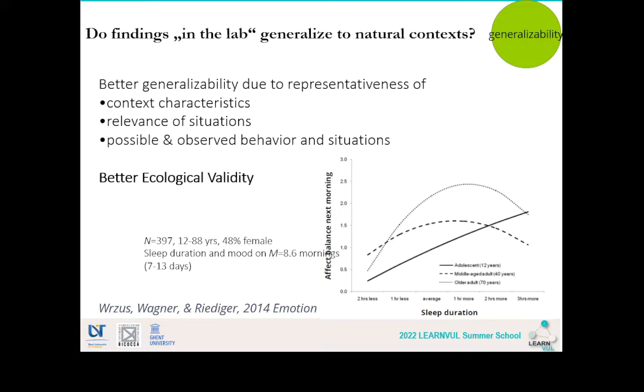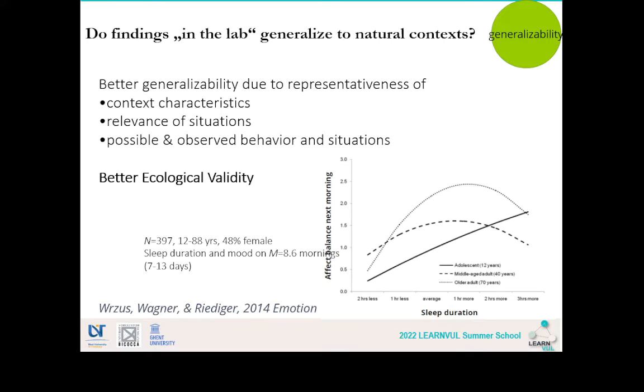So, for example, here there was a study. By the way, for many of my slides, I have to acknowledge that, and I should have done that from the beginning. We did a summer school on intensive longitudinal data in July, and Cornelia first did a talk, and much of the information is from her talk, but also from a talk from some years ago that she did at an ACT conference. Anyway,